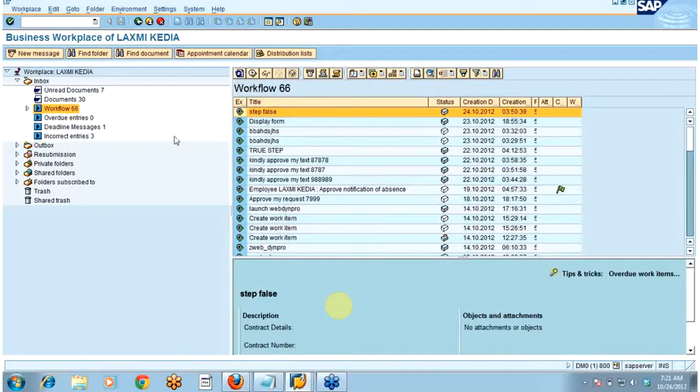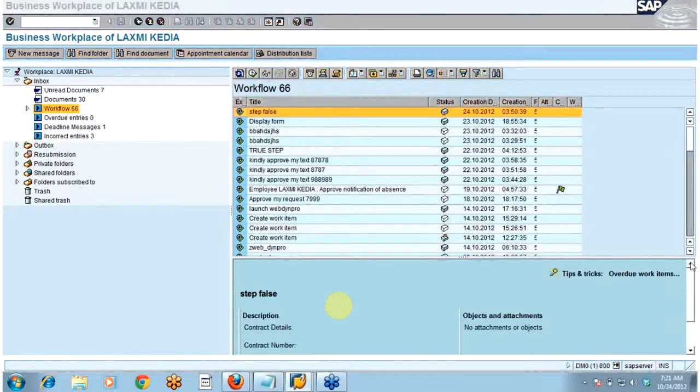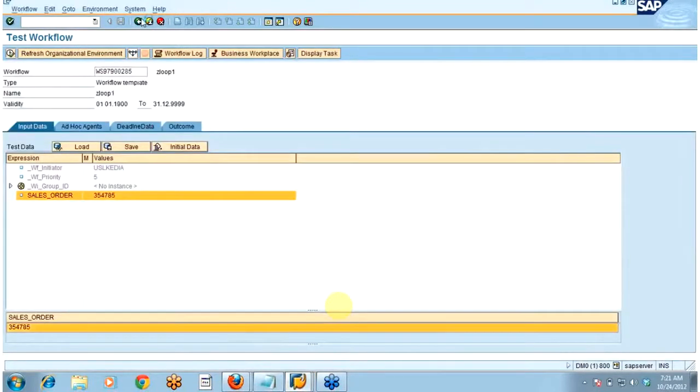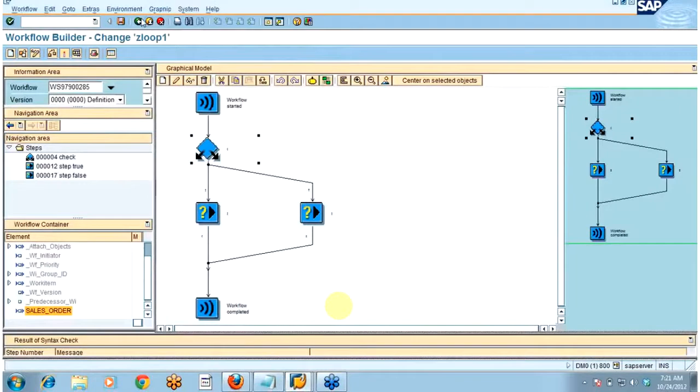So any doubt on this condition step? Okay, so now I will be discussing the multiple condition step. This multiple condition is very similar to the case end case.